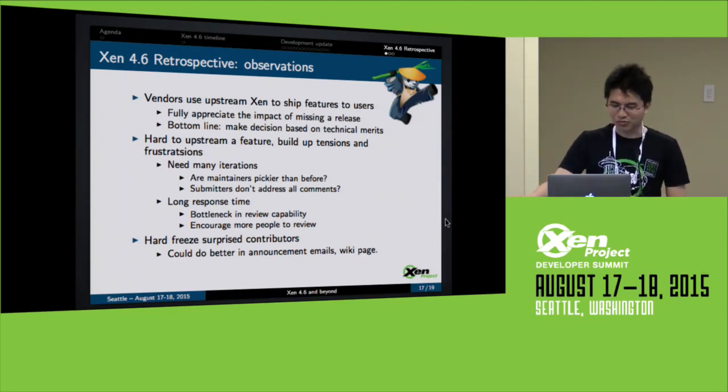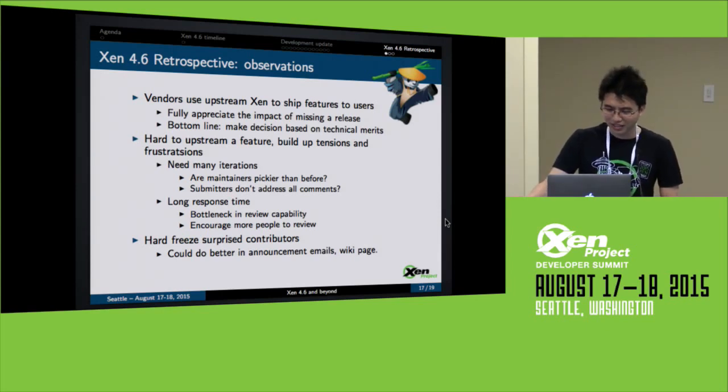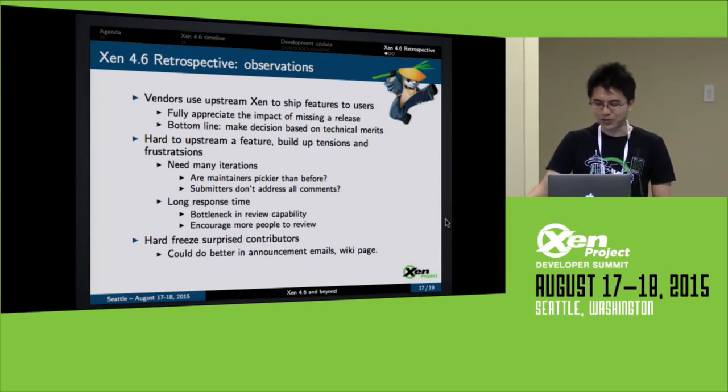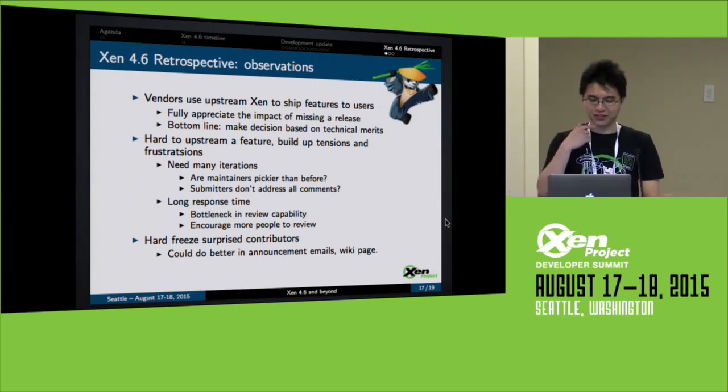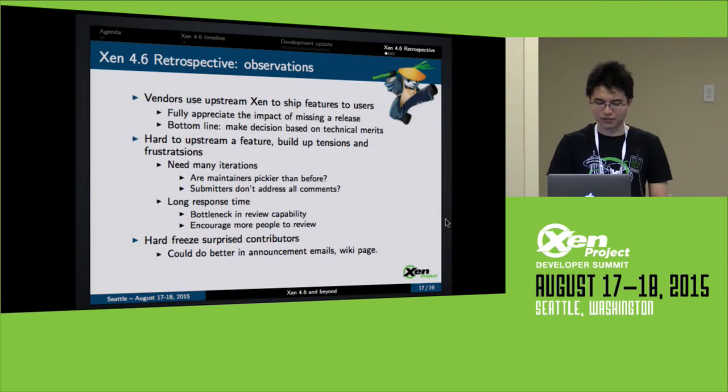But I do want to mention a little bit about some of my personal observations, feelings and thoughts about that. And feel free to discuss this here and after this section with me and Lars. So now, what?